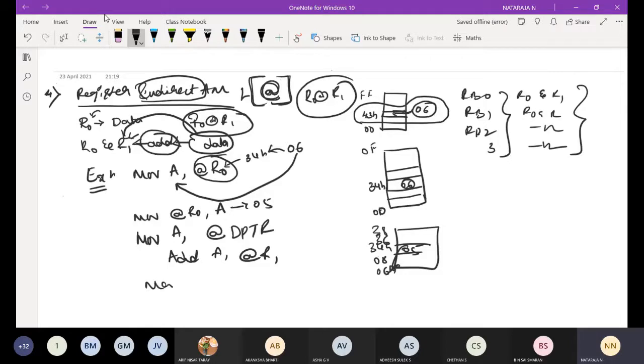Then MOV A, @Rp, where p varies from 0 to 7, sorry, 0 and 1. Then MOV @Rp, #n. Like that there are many instructions in this addressing mode.